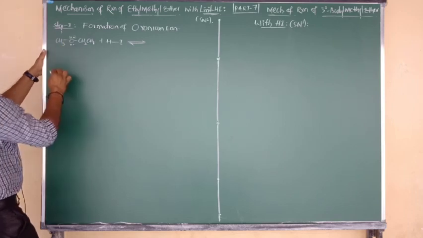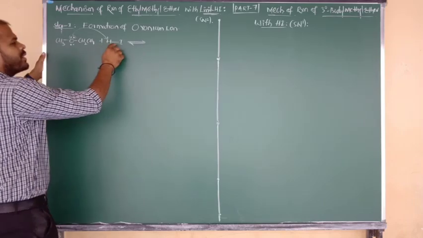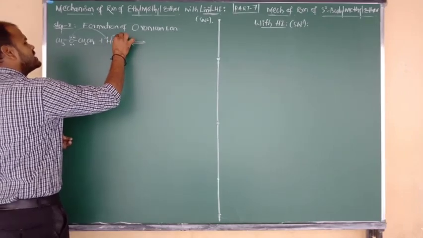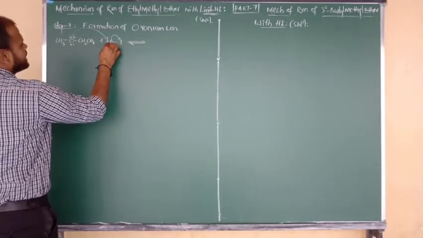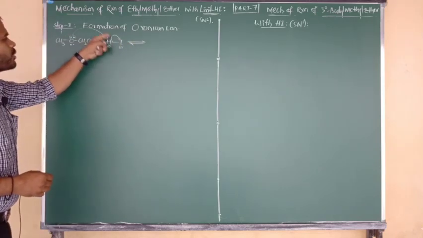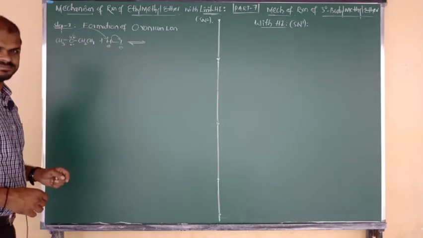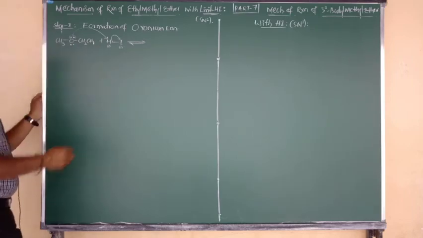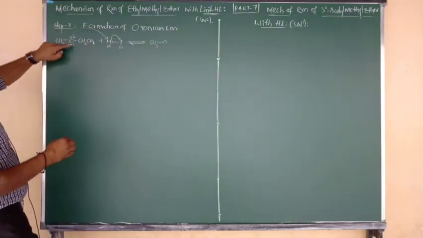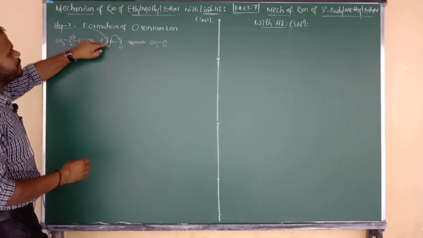One of the lone pairs of the ether is given to the H plus ion, because compared to hydrogen, iodine has more electronegativity. The bond is delocalized towards the iodine. So hydrogen carries a positive charge and I carries a negative charge. The electron deficient hydrogen is attacked by the electron rich oxygen, so protonation takes place on the ether. Now what can we write? CH3 bonded to O. Initially O contains two lone pairs. One lone pair remains as it is, and one more lone pair is given to the hydrogen.